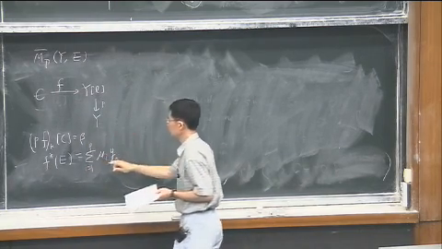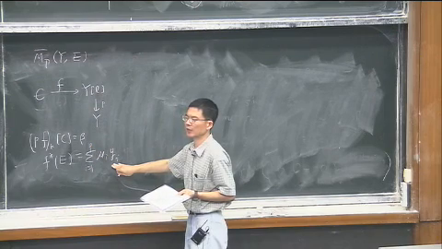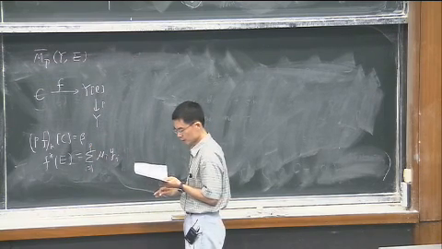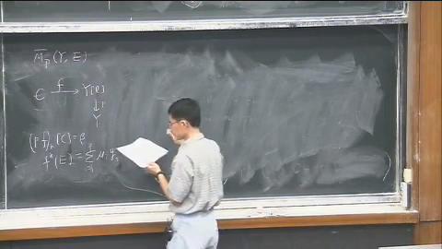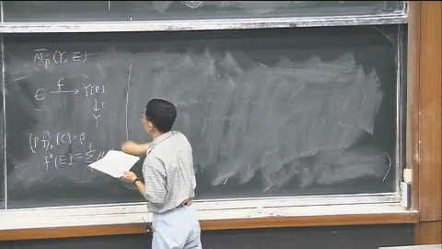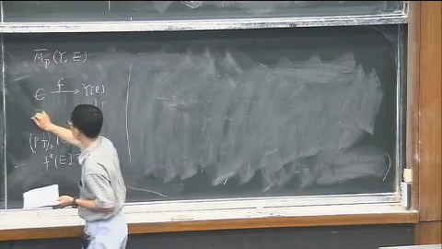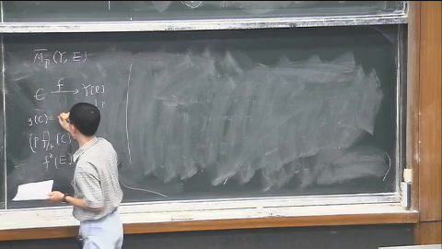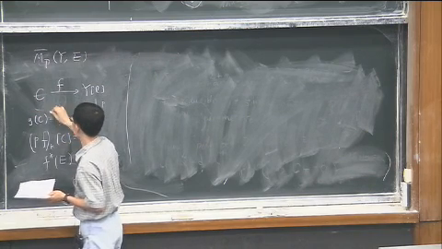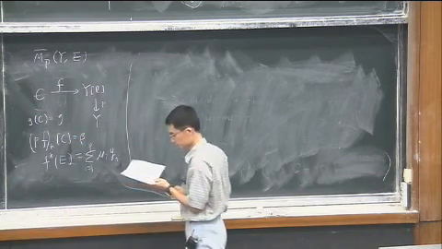That means I fix the contact type, topologically, and such that the genus of this is going to be g, and then you have m marked points there,